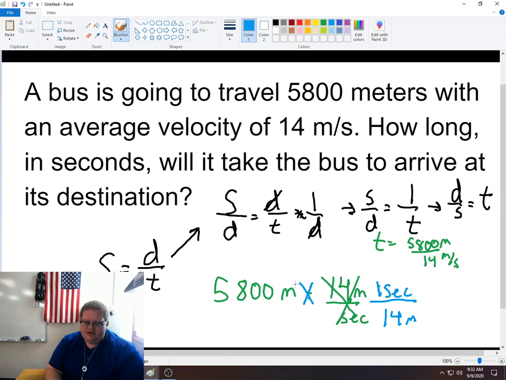So then look, meters cancel, right? Because we're multiplying meters, same thing top and bottom. So they cancel, and I end up with 5,800 seconds divided by 14. And I get 414, we'll say 0.3, and the unit is seconds. So I know it's kind of exaggerated, drawing this out, because you probably already know 5,800 divided by 14, you got the answer. But what I want to show you is that one of the reasons why,